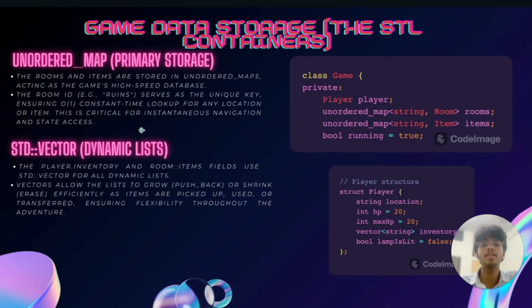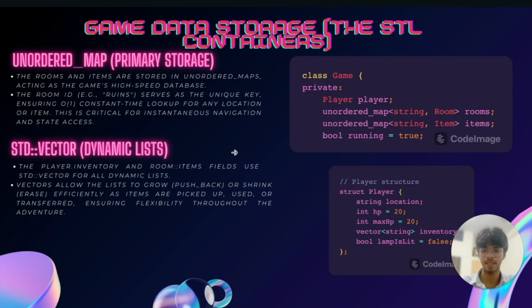Now, since we aren't using a traditional database, we rely entirely on the STL for storage. We have also discussed this part earlier, but let's see once again. The unordered map acts as our game's instant database. We use it to store both the master list of all the rooms and items. And we have also discussed that it has constant time access, which is big O of one complexity, meaning finding a room is instantaneous regardless of map size. Like, whether you have 10 rooms or 1,000 rooms, it takes the same amount of time,